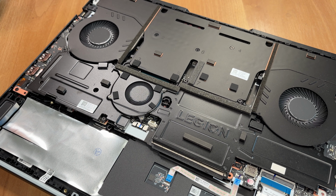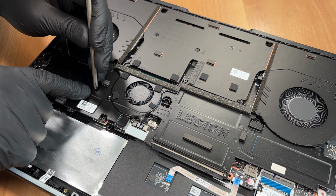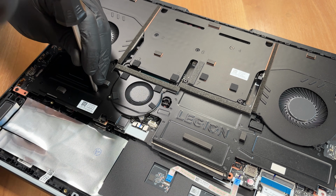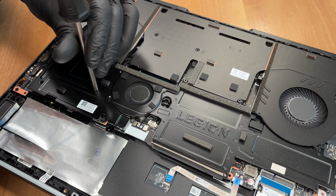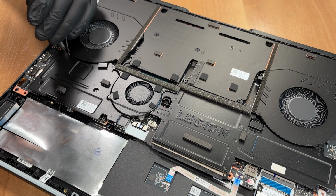Then we have to remove 7 larger screws, which remain attached to the lid after it is removed. The 7 screws on the RAM and SSD cover are numbered. We'll remove them starting with number 1 and reinstall them in reverse order. It's a good idea to tighten them in 2 steps, first lightly, then fully, to avoid putting unnecessary stress on the laptop's chassis. Number 2,